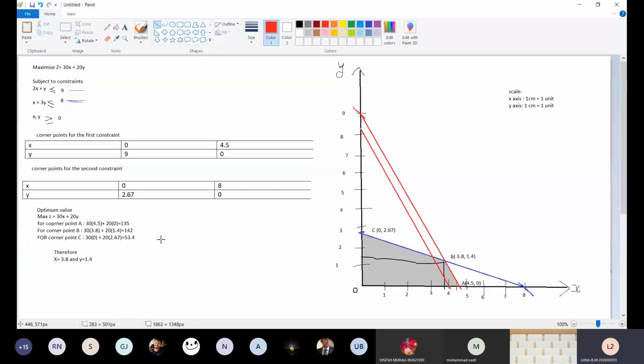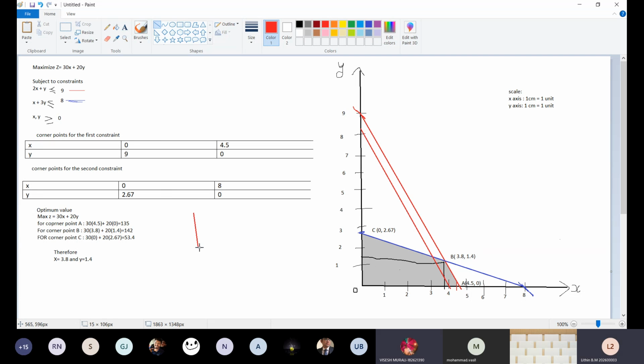We have to be very particular and specific here. Initially, when the capacity was 8, the profit was 128. Now I increased my capacity from 8 to 9, so the profit increased by 14 rupees, right? Now, instead of increasing it by 1 hour, if I had decreased it by 1 hour, what would have been my optimum value?